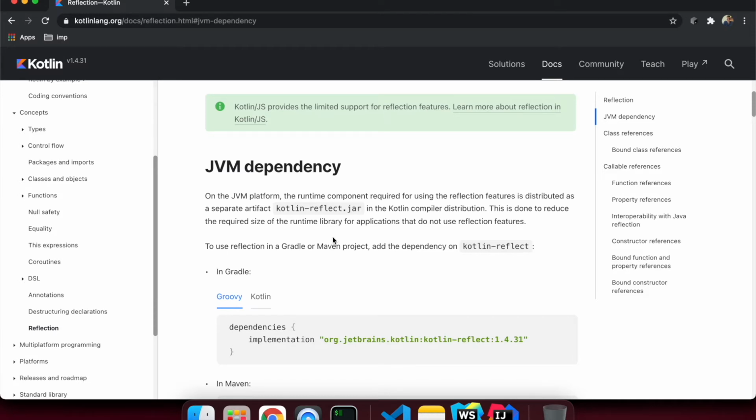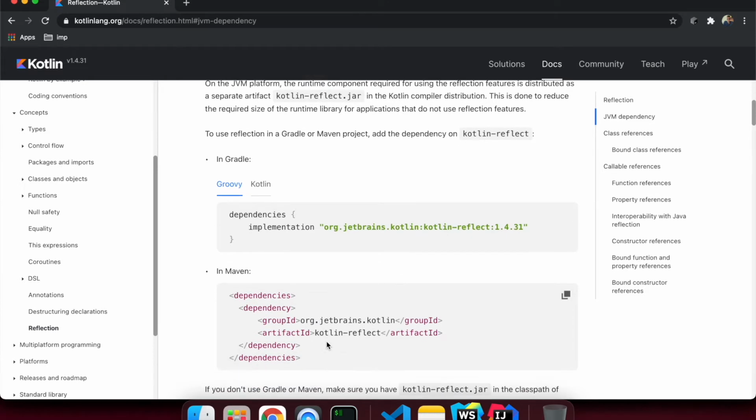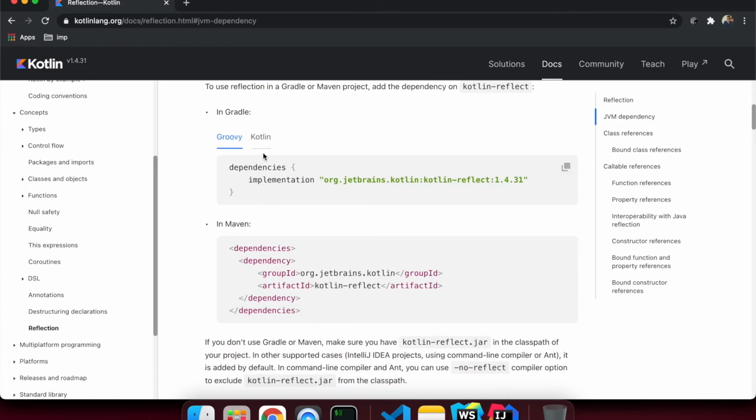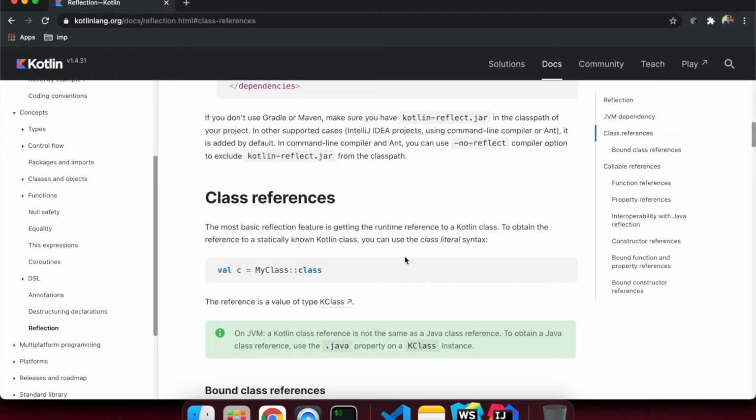This is done to reduce the required size of the runtime library for applications that do not use the reflection feature. If you are using Gradle or Maven, you might have seen this one. Or if you are using Kotlin KTS, this way you can add the dependency, or you can directly download this jar and put it in the classpath. It's going to work.